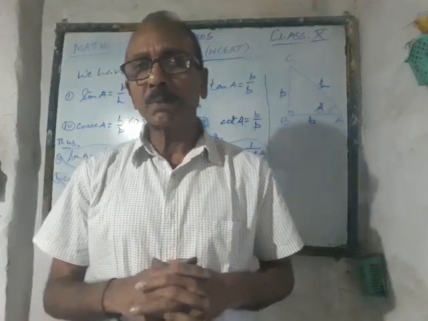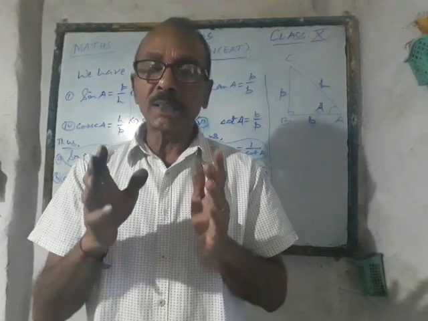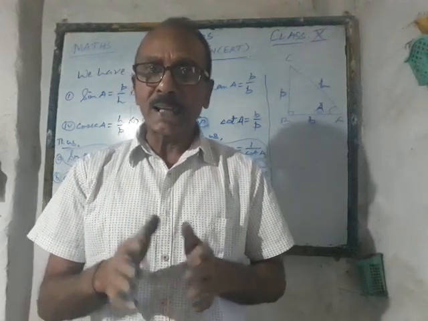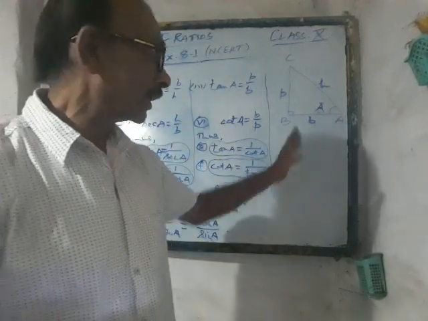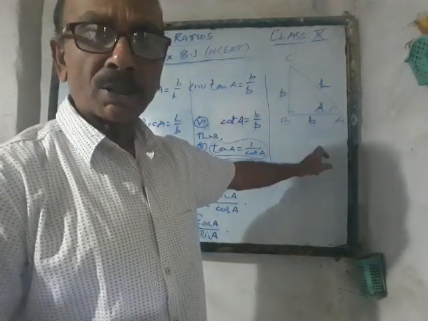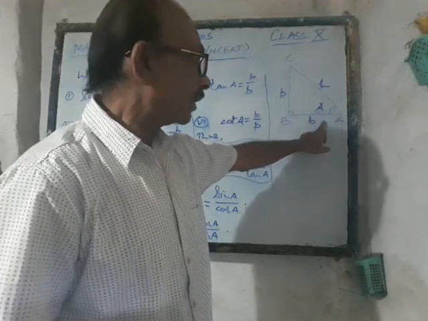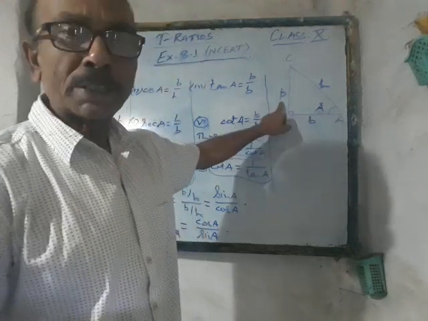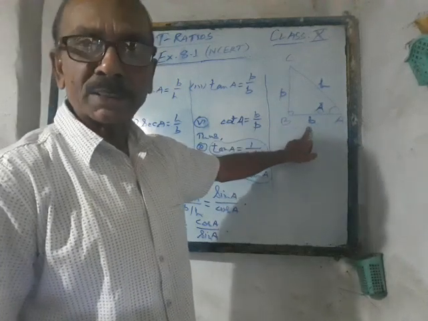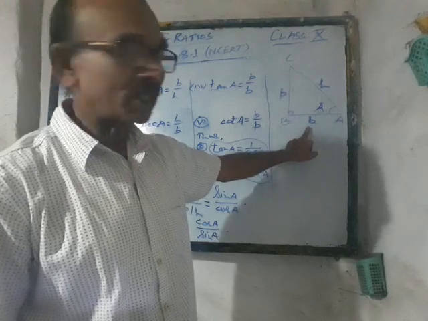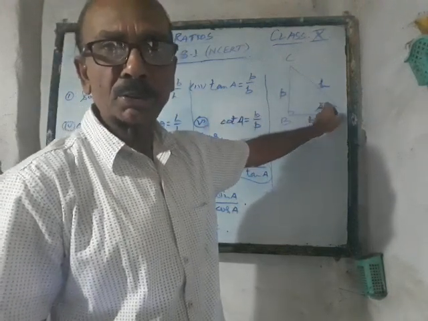In the previous class we had discussed trigonometric ratios, considering a right angle triangle and an acute angle of that right angle triangle. I have written it over there again, a right angle triangle is already drawn. We have considered the angle A. For the considered angle A, the opposite side will be taken as the perpendicular. I have written P over there. The adjacent side would be the base B, and the longest side, none other than the hypotenuse, is denoted by H.